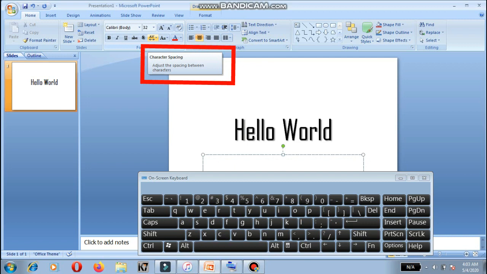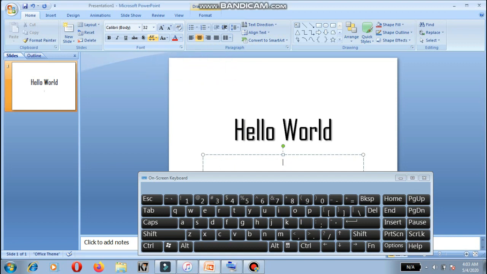Character spacing is basically used for adjusting the space between characters. For example, I'll be writing a line. Like I'll be writing I am a good guy. After this, we will be selecting the whole line by pressing Ctrl+A, and after that we would be pressing Alt key, and after that H key, and after that we will be pressing 6 key.